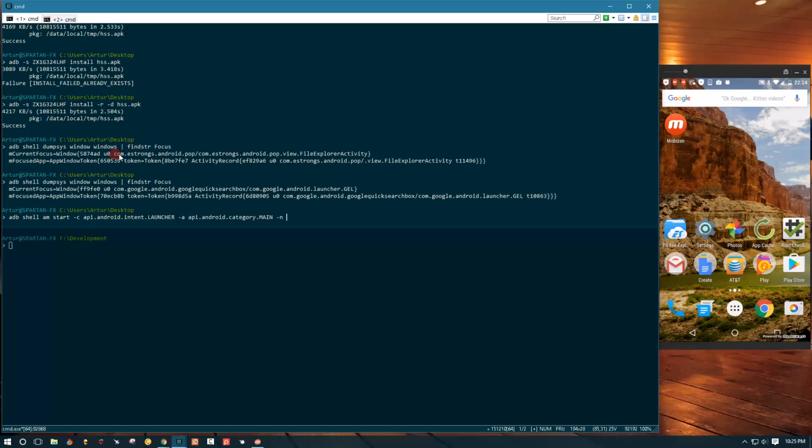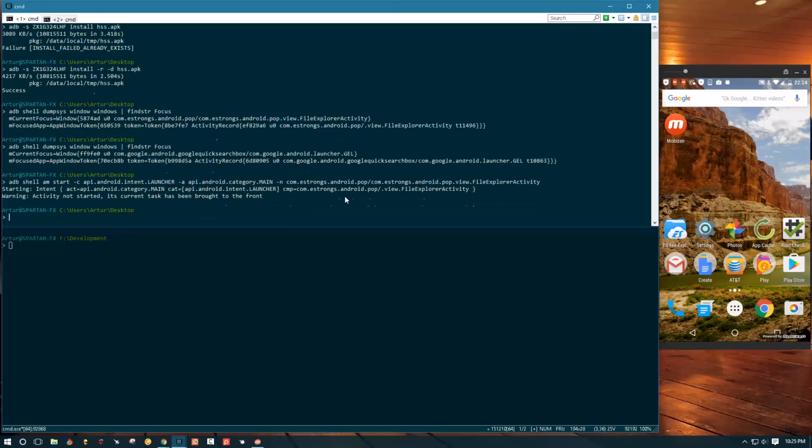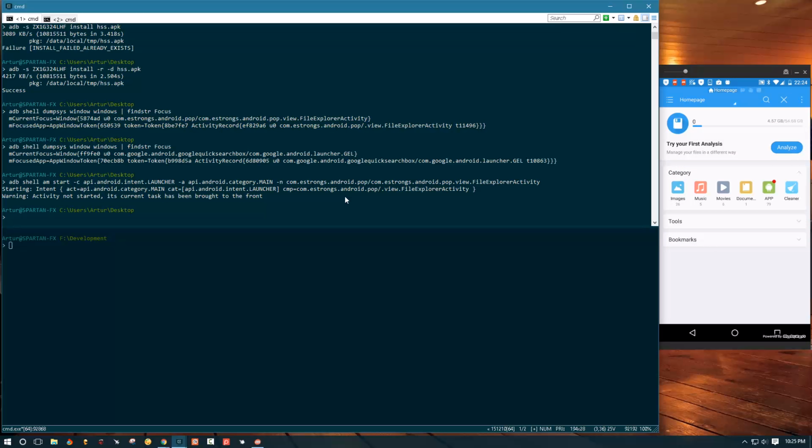Okay, so this is the exact information that we can obtain over here. We can paste it in and then hit enter and see what happens. That should open up the app, and it does it. All right, so